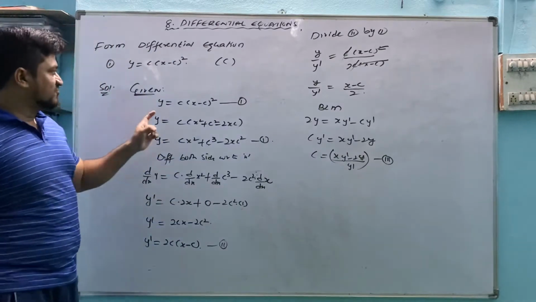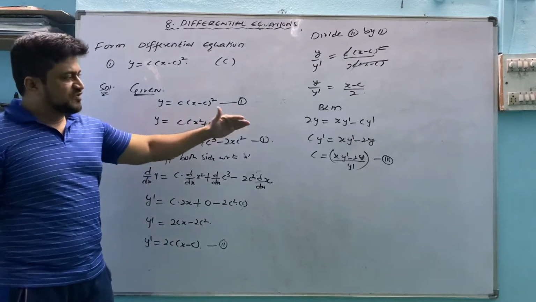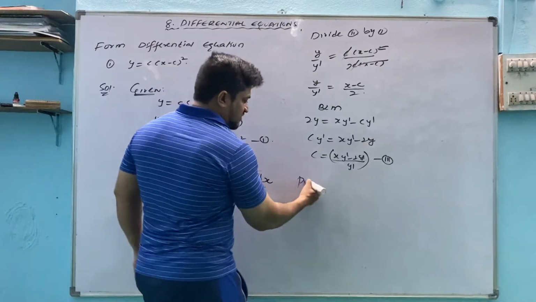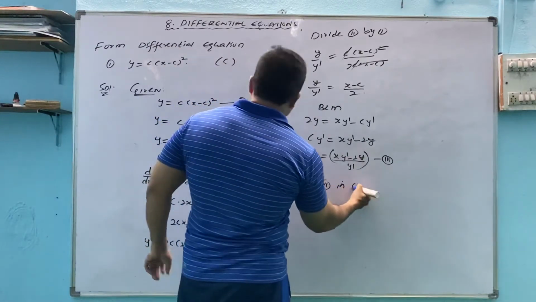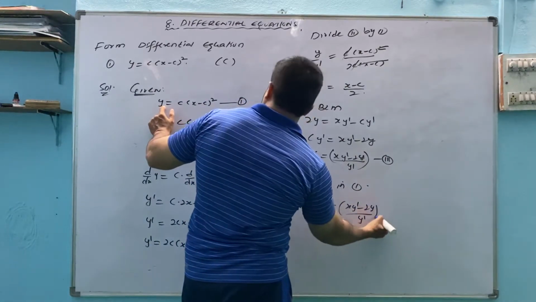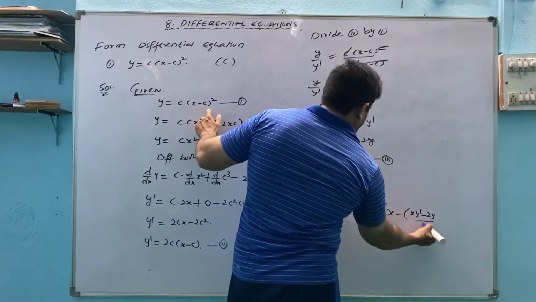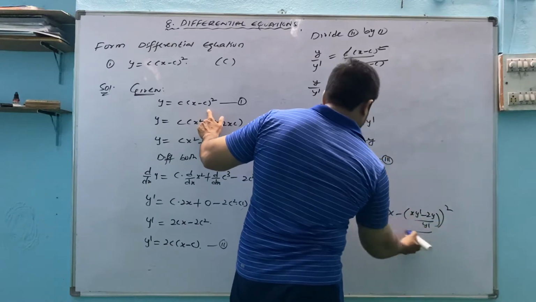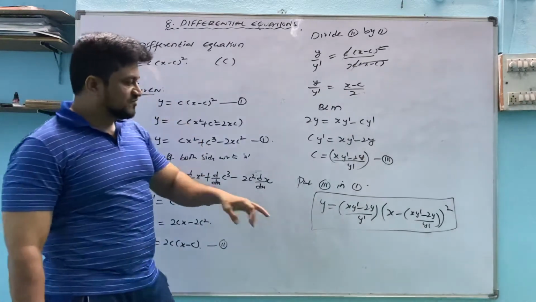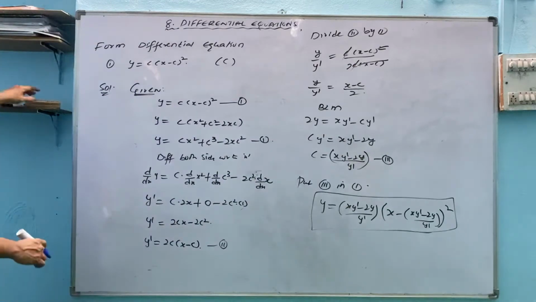See, only one time we have to differentiate, then by dividing or substituting or cancelling the values, we have to produce the c value. Once we got the c value, substitute in 1. That is our differential equation. Put the third in 1. So y equals c into (x minus c), that is (xy dash minus 2y) by y dash into (x minus (xy dash minus 2y) by y dash) whole square. This is our differential equation. Why is it known to be a differential equation? We find y dash here, and if you simplify, you will get one least-value equation.